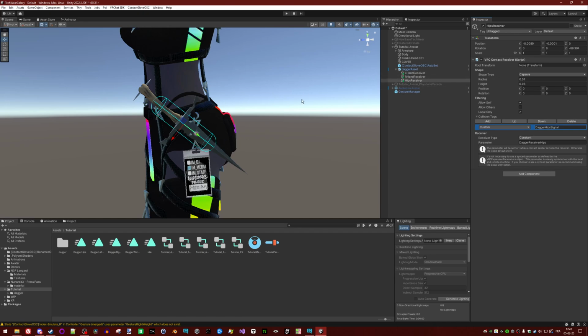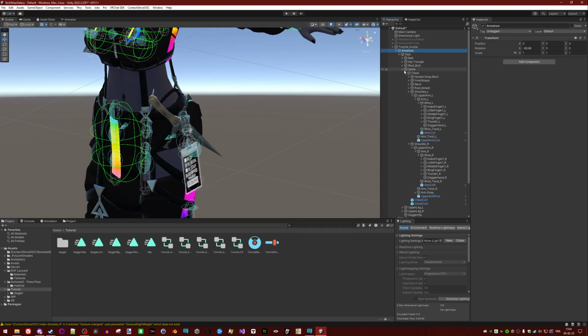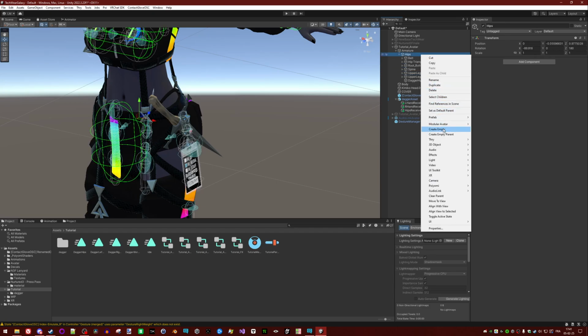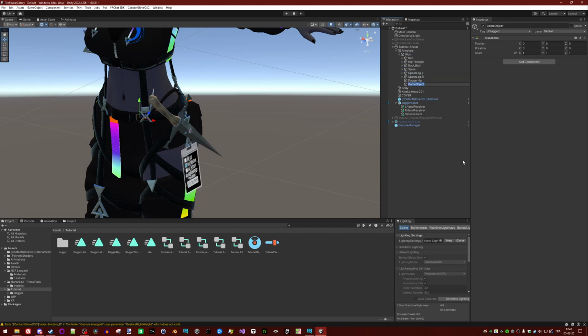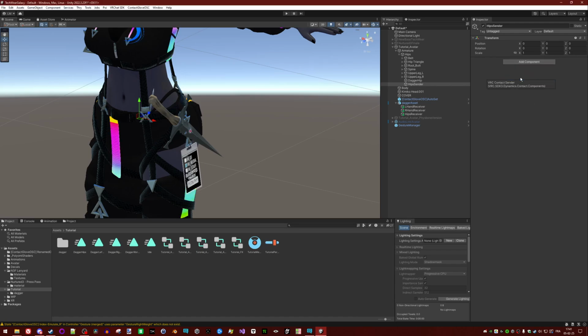We just created 3 contact receivers. For the hips we need a contact sender, because it's not something built into VRChat. So we go in the hips, create empty, let's call it hips sender, whatever, add component, we type sender, we can see VRC contact sender.